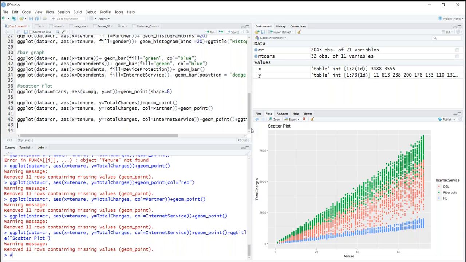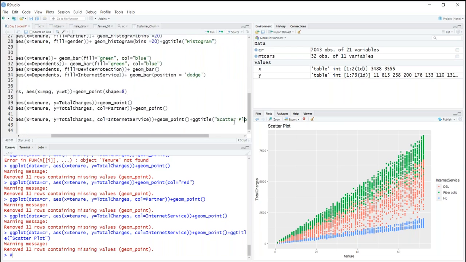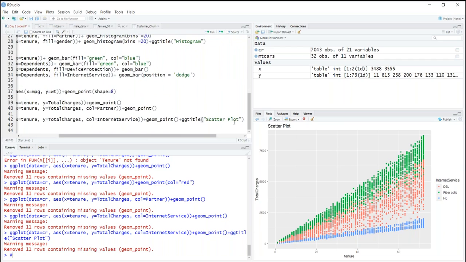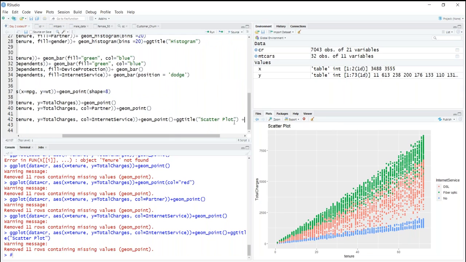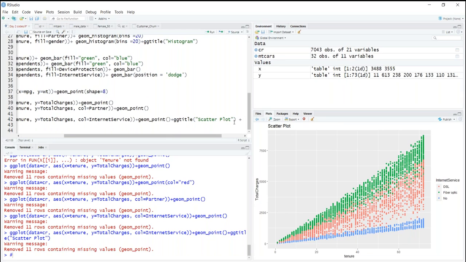Now I want to tell you one more thing. It is called as faceting. Like earlier we used the command called as dodge. So dodge is similar command. What it does, it differentiate these colors into different graphs. Like if I want to change it, I need to add one more thing at the end of any graph, wherever there is multiple colors, just add facet underscore grid,